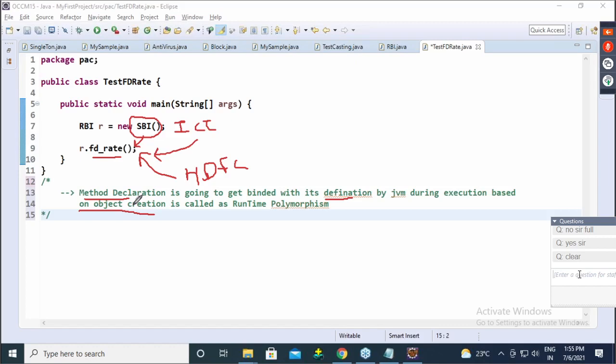Exactly which method implementation will work, that decision is taken care of by object creation. So method declaration is bound with its definition by the JVM during execution based on object creation.